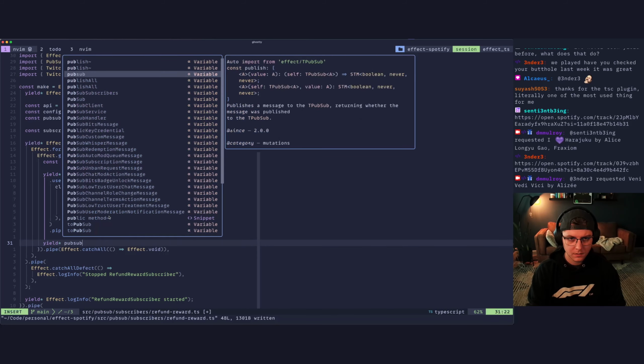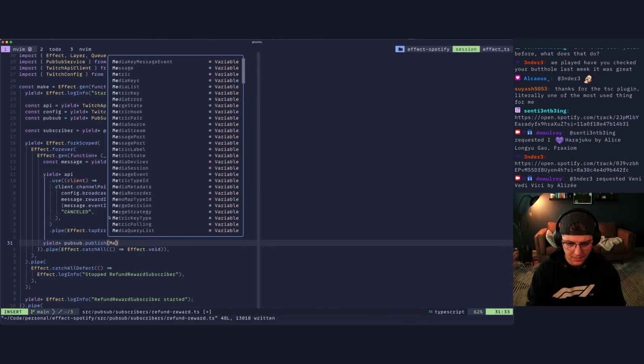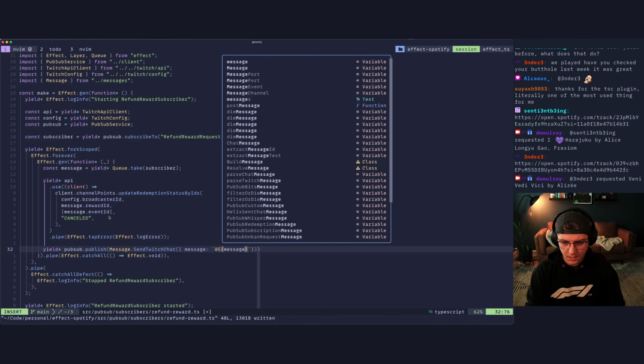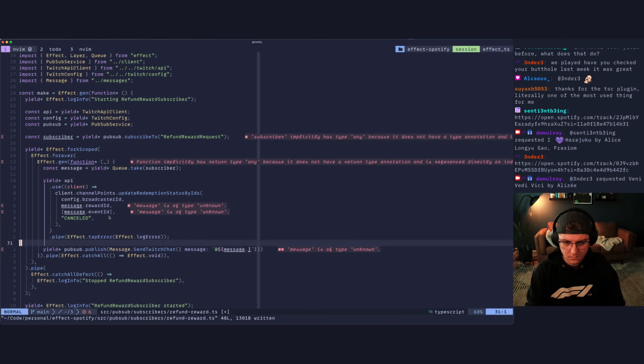Okay, here we say yield star pub sub dot publish. We want to say message dot send Twitch chat, and the message will be at message dot...